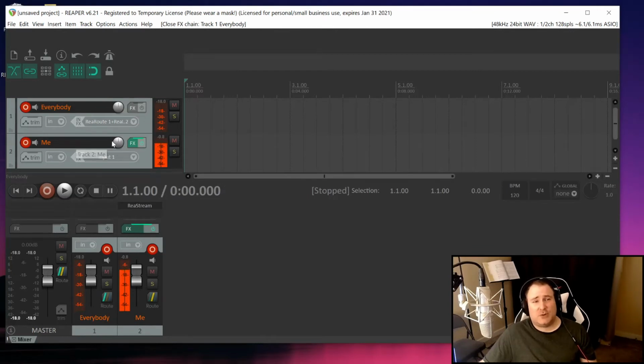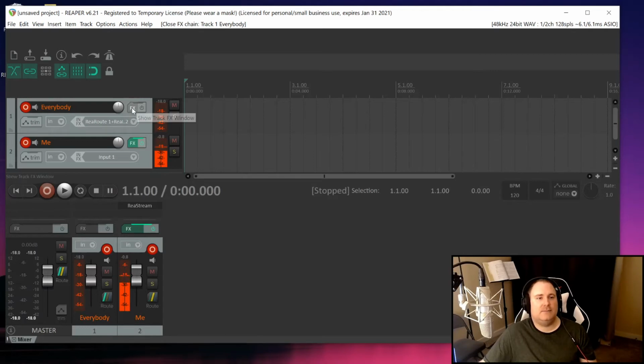Now, I've already done this process to me because I am actually using OBS to record what we are doing right now, or what you're seeing. And so I'm going to do this for everybody, and then just assume that you can do the same process for your track as well. And what we're going to do is we're going to go into the FX section. Now notice on the track you have a little FX box right here, and again, because I've done one for myself already, you can see that that FX box is green when there is something in it and something being